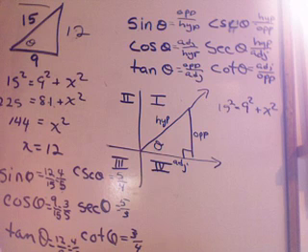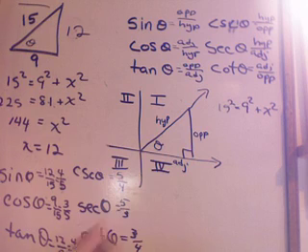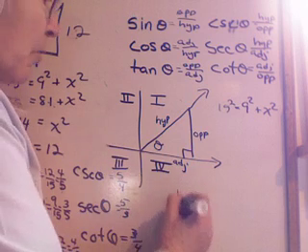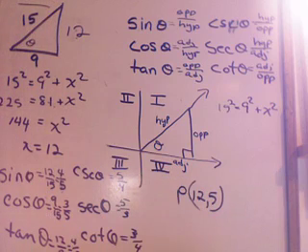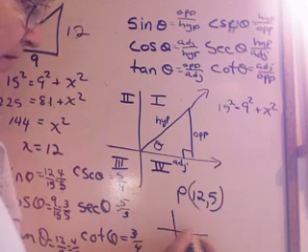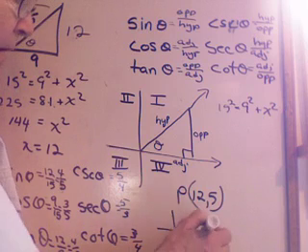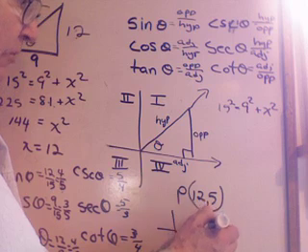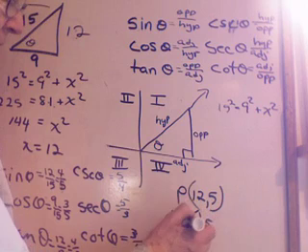And you should be able to figure out the first few problems on the homework assignment. There's some pictures. If they give you a point to plot, say I give you the point 12, 5, and say find the 6 trig functions of that point. Sketch the point. It's over 12, all right, up 5, so pretend I went over 12. Over 12, up 5, and then I have to draw,